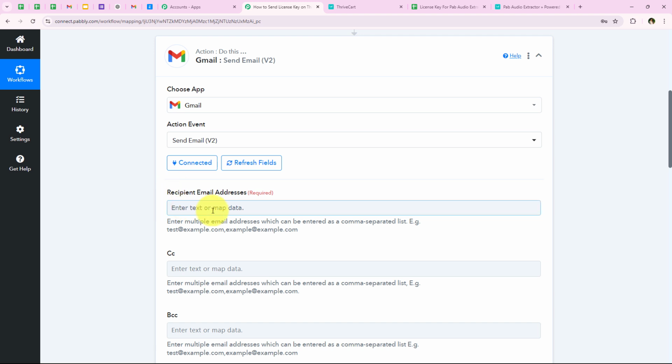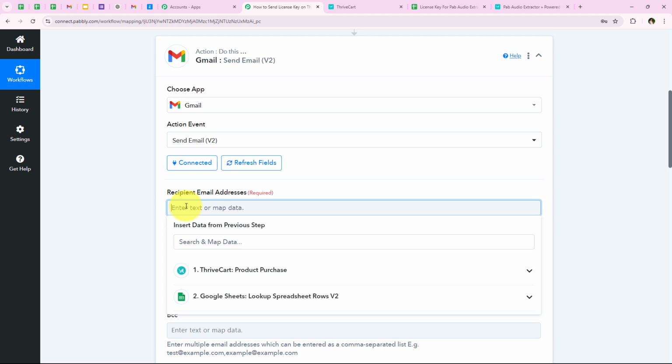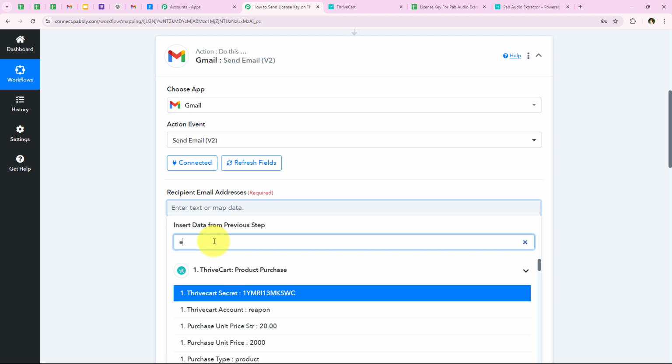So I'm going to give you an example that it is asking me for the email address, right? So let's suppose that I'm going to enter the email address right over here manually by typing it like this, demouser@pabblytudes.com. Then this will not change with every new response received because this is static information and I've entered it manually. But if we are going to map this from the previous response, suppose I'm going to look for